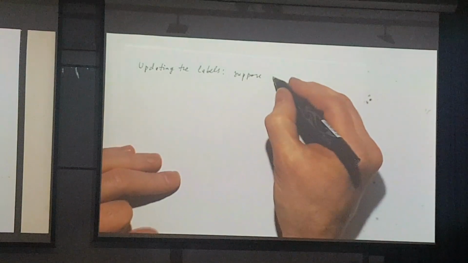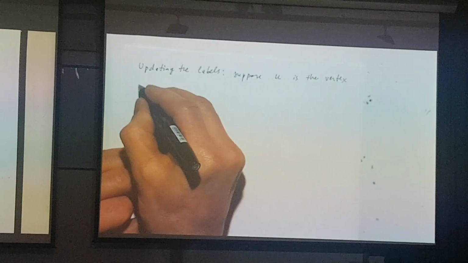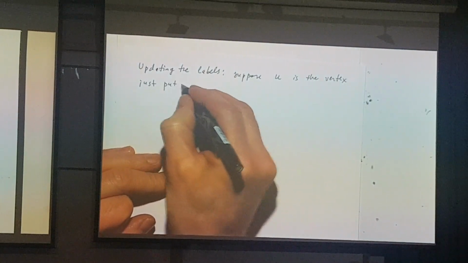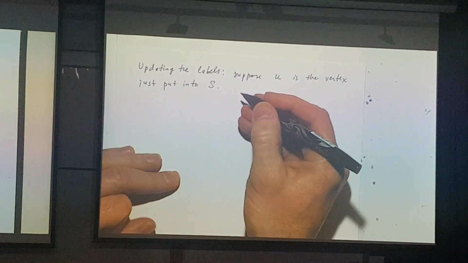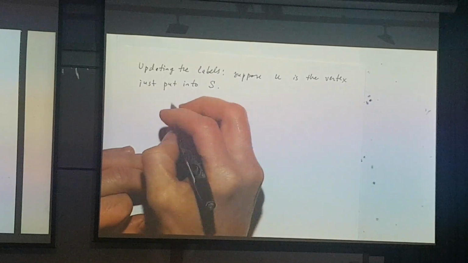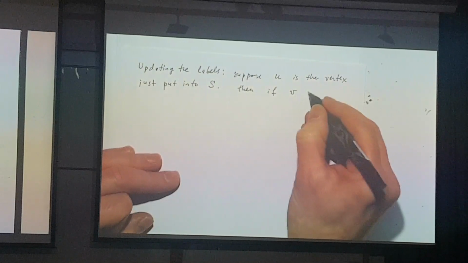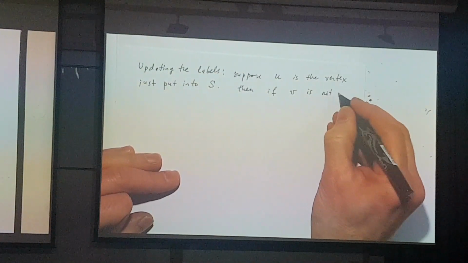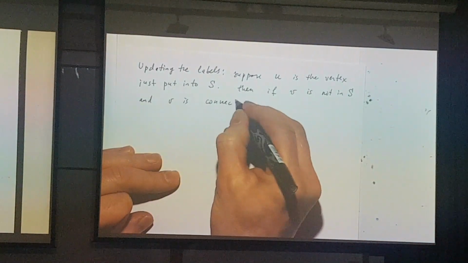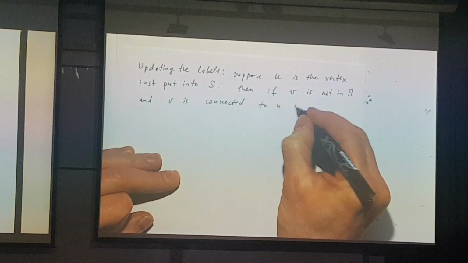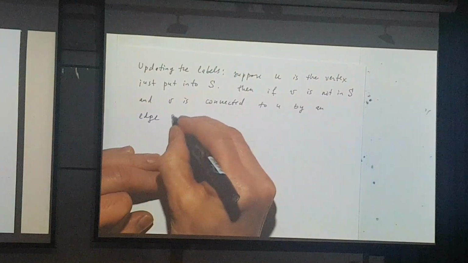Suppose U is the vertex which has just been put into S. Then, if V is not in S, and V is connected to U by an edge UV,